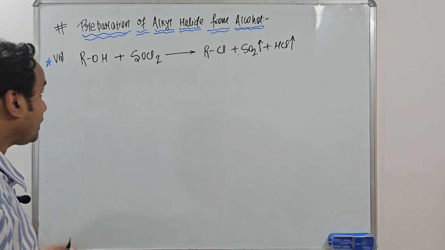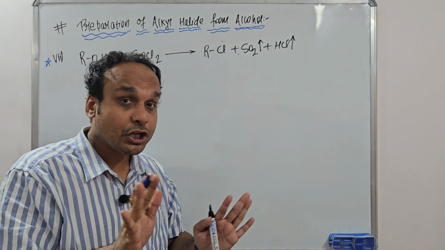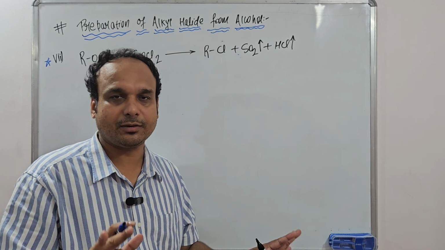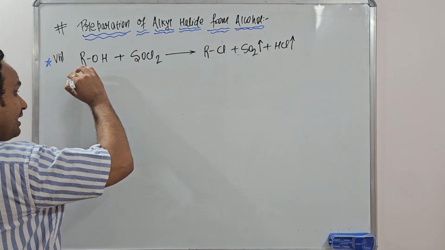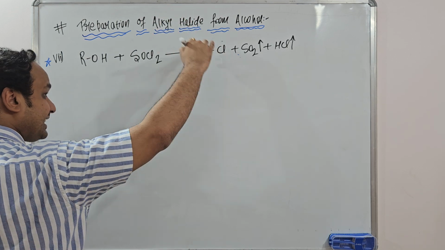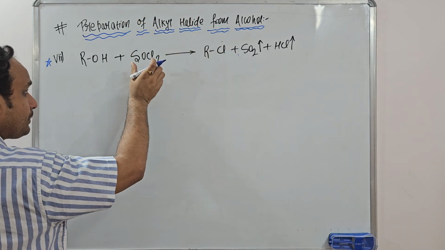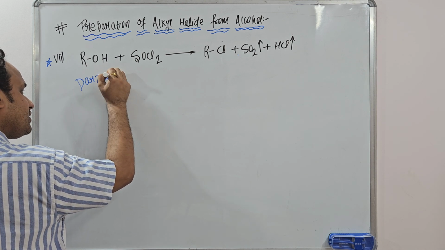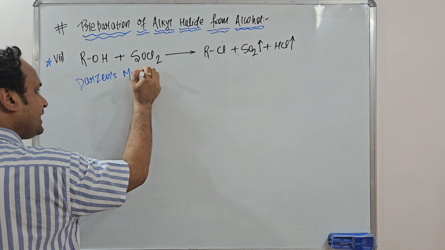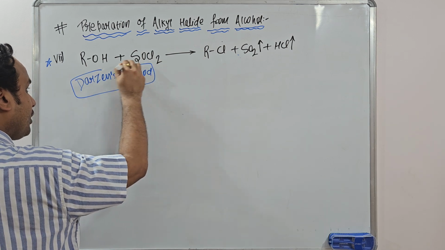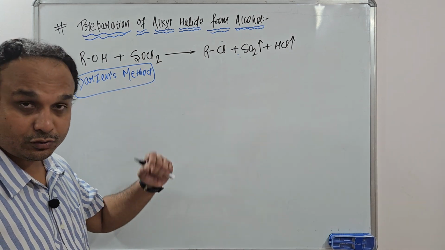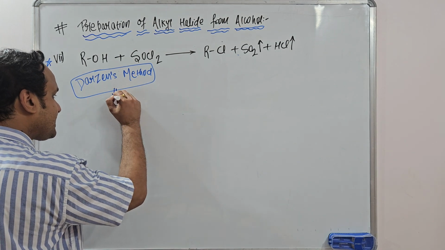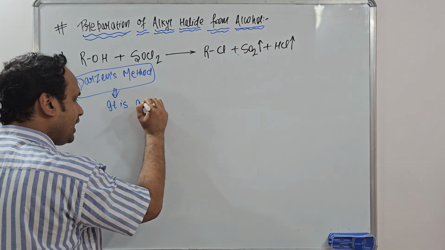Not every reaction is important, but this reaction is a little bit different, in which you don't have to learn only the reaction. Previously, whatever I have written up to 6, you have to learn only the reaction, no extra thing. But over here, you have to learn an extra thing: this method of preparation of alkyl halide, that is alkyl chloride, by using alcohol in the presence of SOCl2 is known as Darzens' method. So this is the name of the reaction also. Sometimes they will ask according to the name, sometimes they will ask directly the reaction. So Darzens' method, as well as